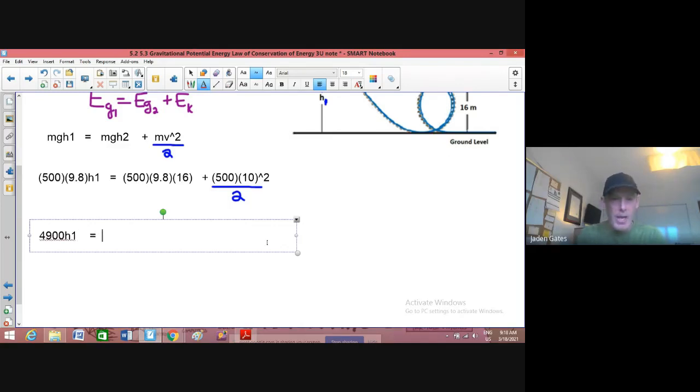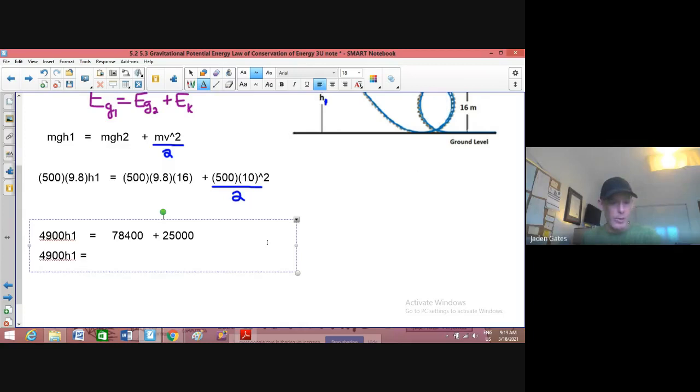That's equal to, multiplying those three numbers, 500 times 9.8 times 16, which gives 78,400. Plus, I've got to make sure I follow BEDMAS here, so do the exponent first: 10 times 10 is 100, times 500 is 50,000, and then divided by 2 is 25,000. So we've got 4,900 times H1 is equal to